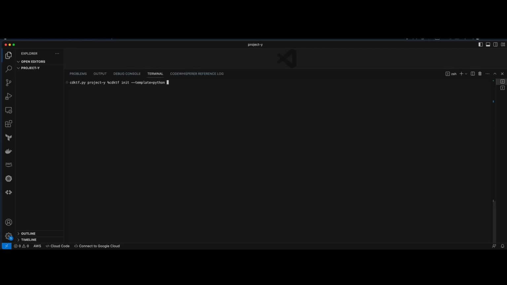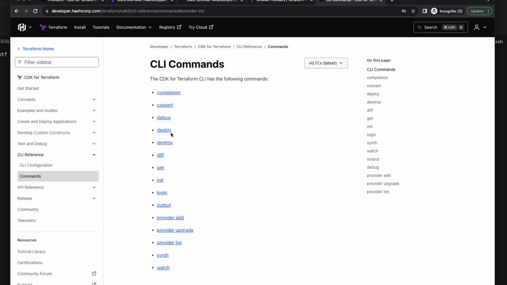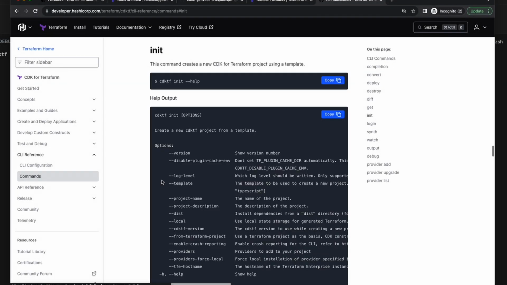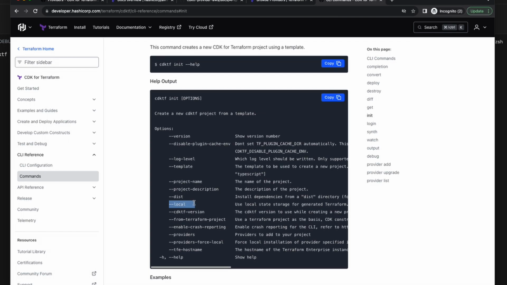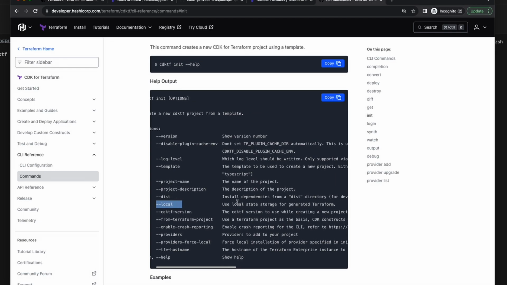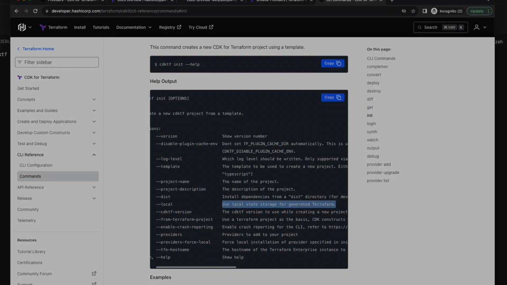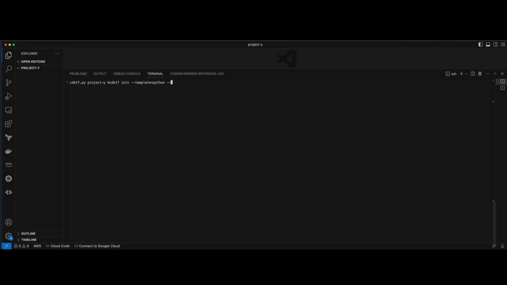Let's check what options the init command offers. Where is init? Here we are. Local option: state. Use local state storage for generated Terraform. Okay, let's try the local switch and see what's happening. Here we go. Project name, project description,